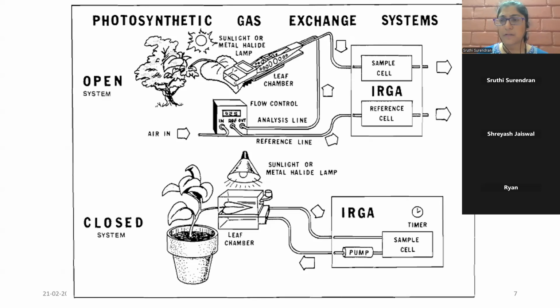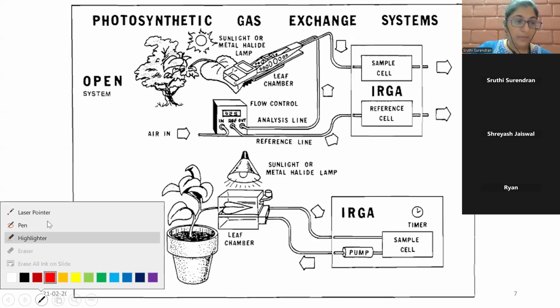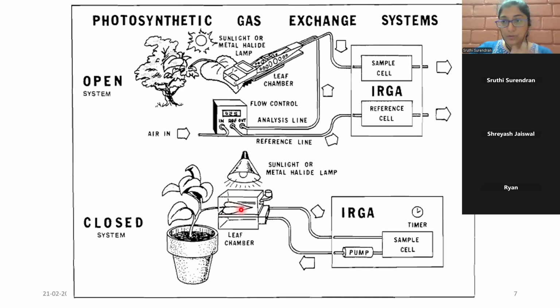So this is a very straightforward method. A leaf is kept inside, and slowly the amount of carbon dioxide inside the chamber is going to get reduced because the leaf is going to take up the carbon dioxide. And then when you measure it after a certain point of time, the level of carbon dioxide is less. So the difference between the initial and the final value gives us the carbon dioxide quantity taken up inside the chamber. But one obvious limitation is